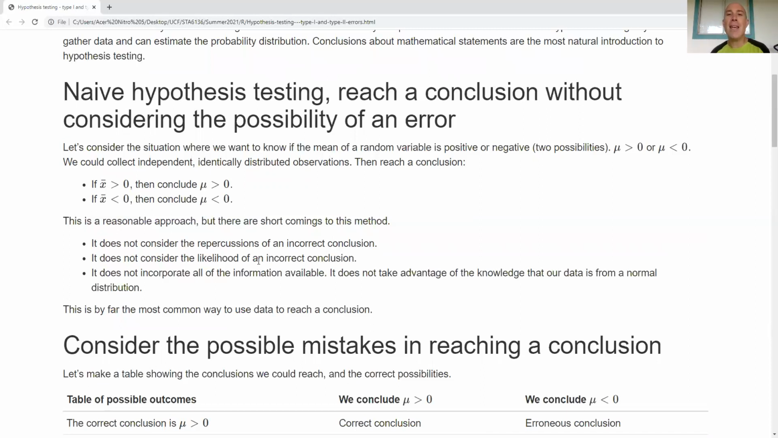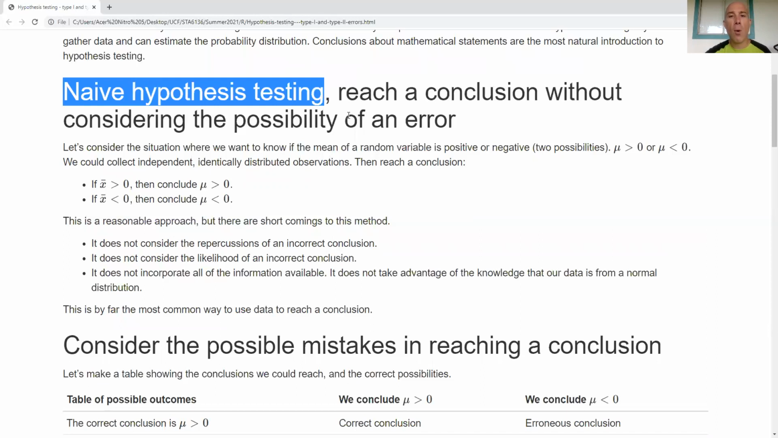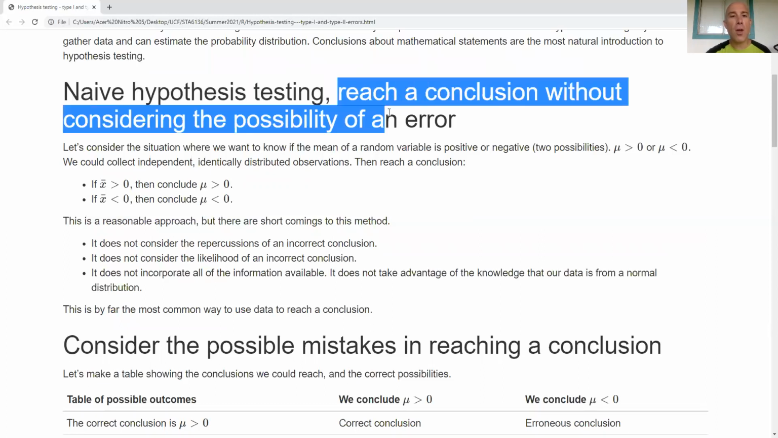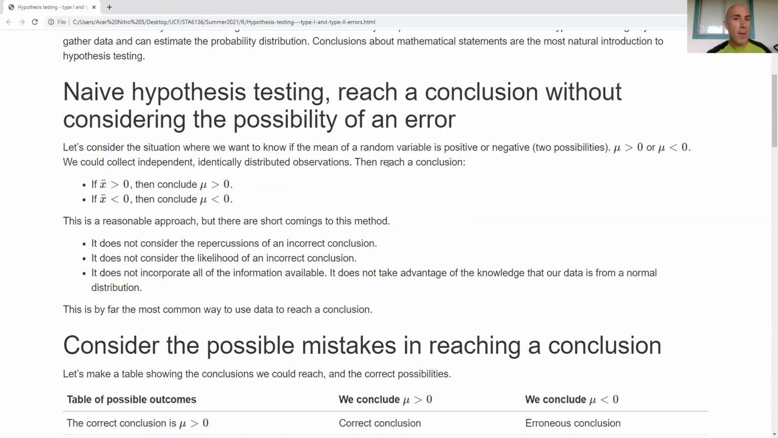I'm going to call this naive hypothesis testing. All right, so in naive hypothesis testing, we're going to reach a conclusion without considering making a mistake. We're going to look at the evidence that we have very briefly, and we're going to reach a conclusion and we're going to move on. We're not going to go that deep into the situation,